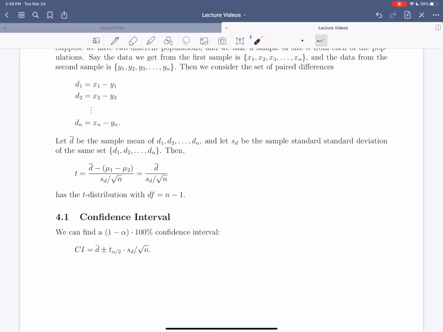That's the entire overview of chapter 10. So again, we're going to study two populations and try to figure out whether those populations have the same mean or not. Okay. All right, next we will do some